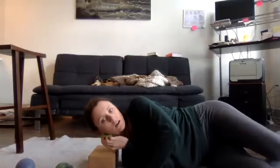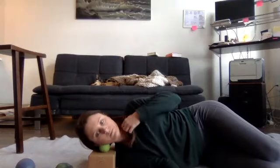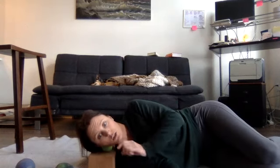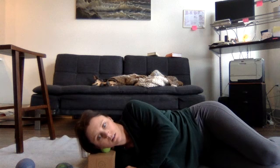And I'm just going to lay on my yoga block here, just like this, and we kind of have to settle into this. You can definitely do this at the wall if this is too intense. This is not a good lacrosse ball activity unless you're at the wall. And once you can kind of settle into it here,